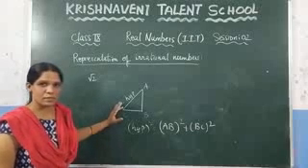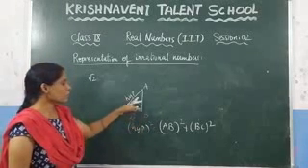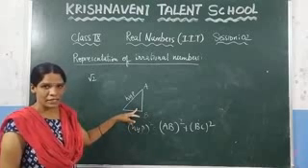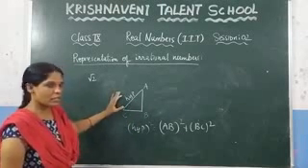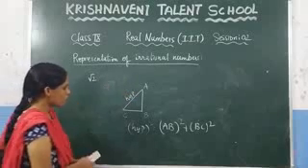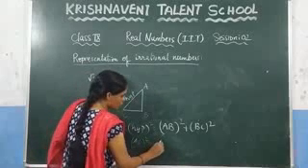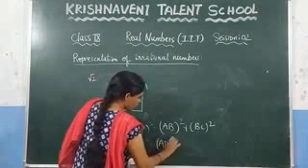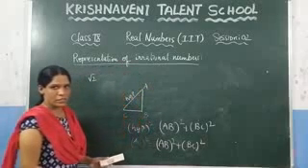What the Pythagoras theorem states, a right angle triangle. What is meant by a right angle triangle? If one of the angles of a triangle is 90, we call it a right angle triangle. So what the Pythagoras theorem states, the hypotenuse square, which is nothing but AC square, must be equal to AB square plus BC square. This is about the Pythagoras theorem.